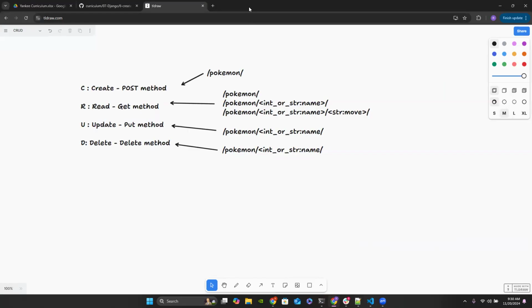What if the user wants to update every single field within our Pokemon? How can we do that? Do we have to add that to our URL path like we've been doing? No. We can use the body of the request,